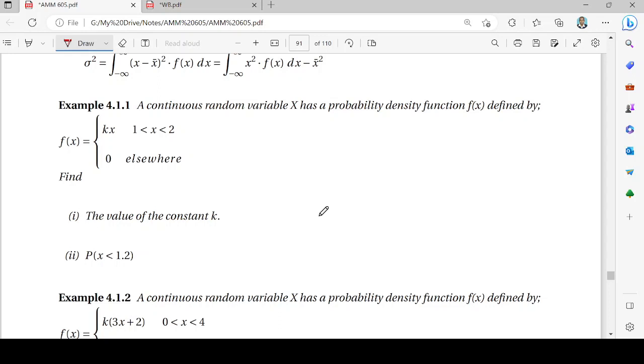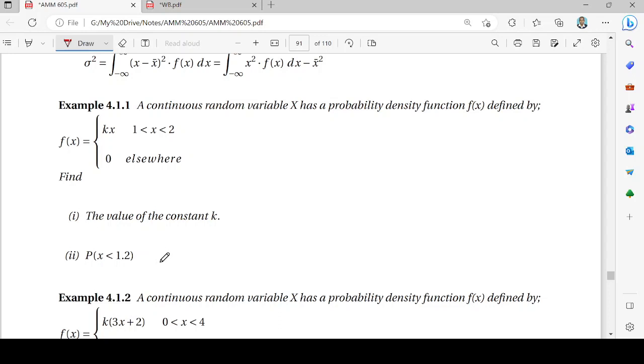A continuous random variable X has a probability density function f of x, defined by f of x equals kx for x between 1 and 2, and 0 at all other points. The problem is to find the value of k and also to find the probability that the random variable X